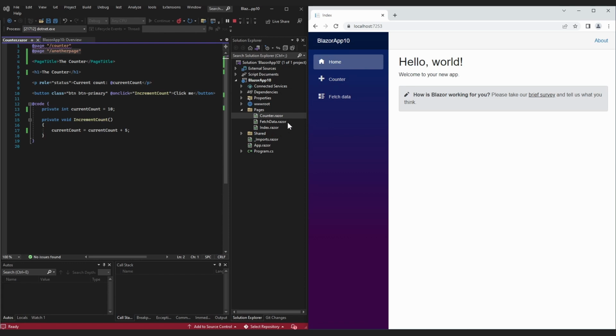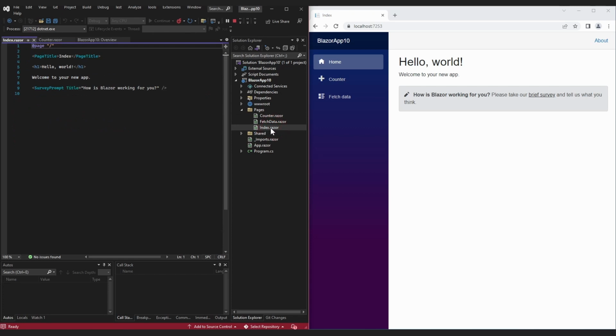So often the home page of a website is also called the index page, and that's why we have index.razor as the page name and not home.razor. On line 1, we have the @page directive, and in this case we've just got a /. And that's because this is the home page of our website. It's the first page we want to appear when someone visits our website. On line 3, we've got the page title tag, which is used to display index here in the browser.